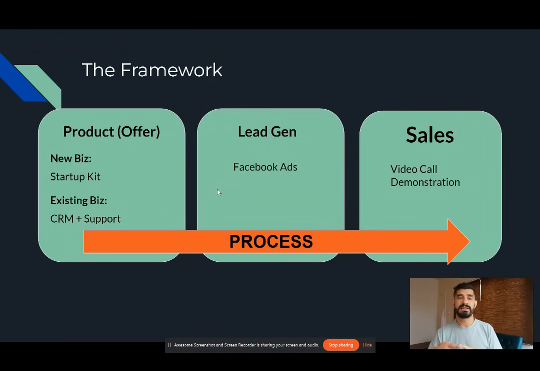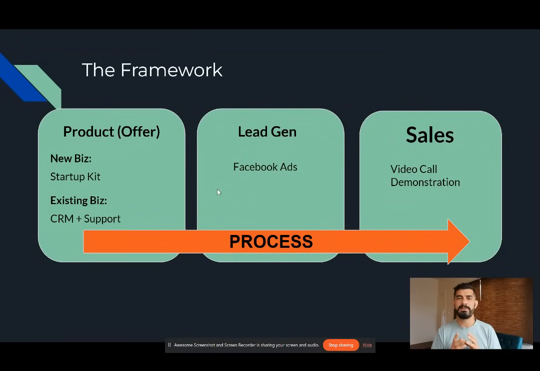For new businesses, I created a startup kit, okay? And this startup kit included things that were already really readily available in Go High Level. They included a website, so a sales funnel. It included a business phone number, okay? And it included an email nurture campaign. It included also training, teaches you how to do carpet cleaning. And I'll get into that offer in a second. But it was basically a startup kit.